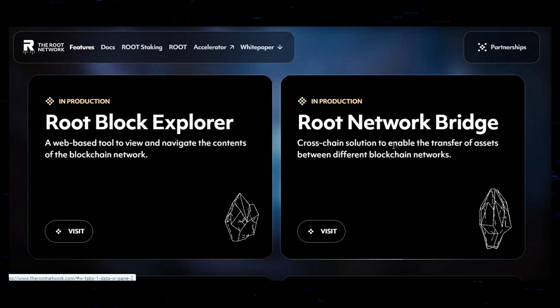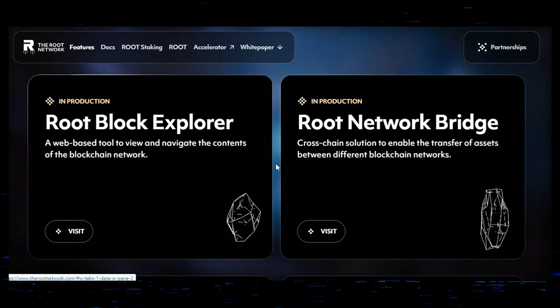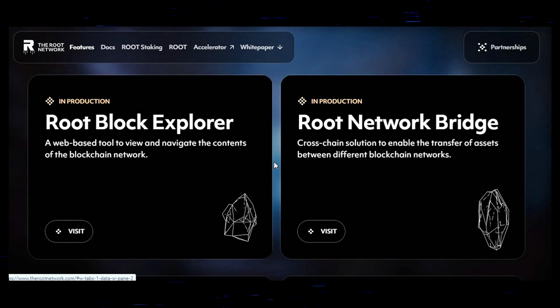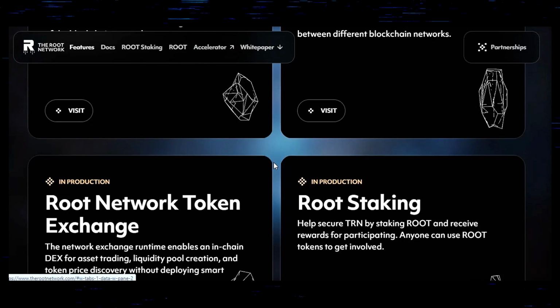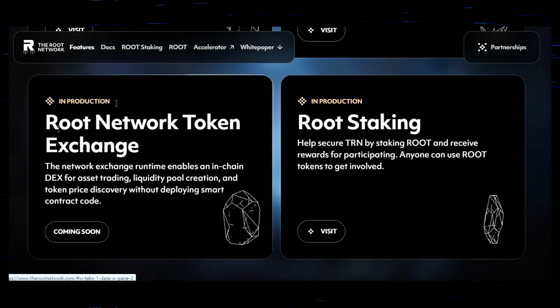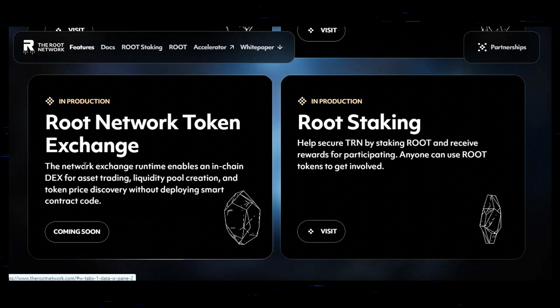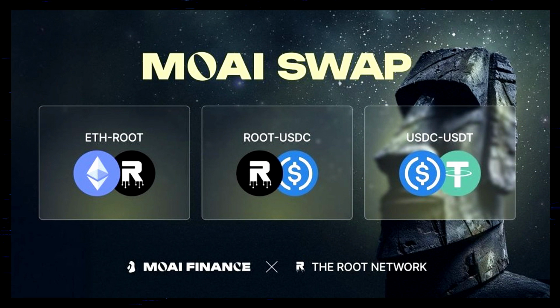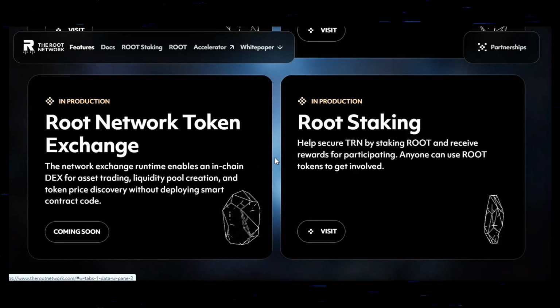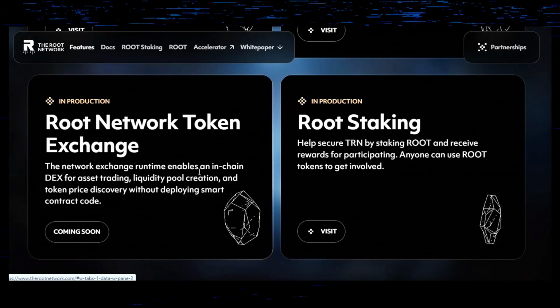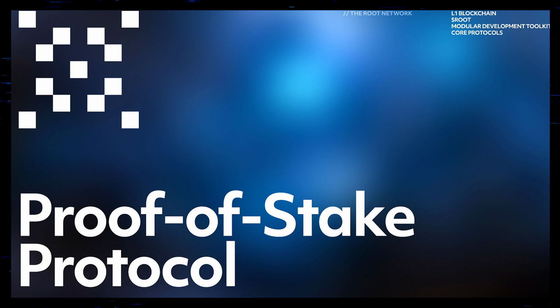We have an episode all about bridging, so be sure to check that out if you want to learn how to bridge over to the Root network. They have the Root Network Token Exchange. They have a DEX that is fully live, fully functional, where you could swap tokens on the Root network and get involved in liquidity pools.